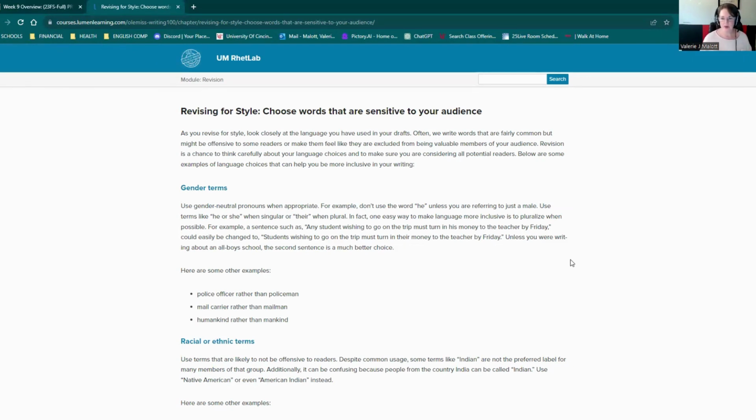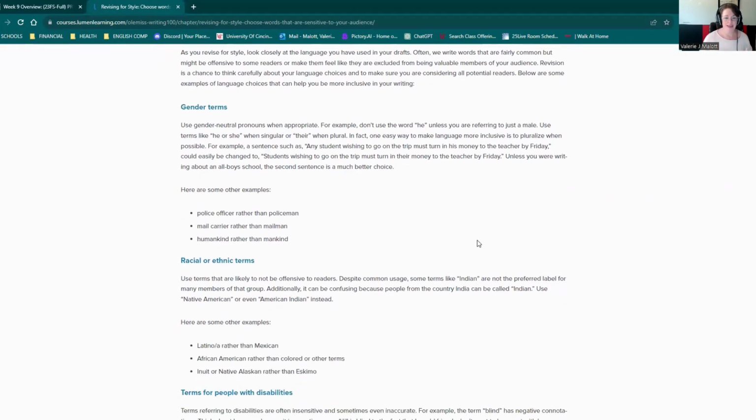So that's an easy way to make language more inclusive. Some other examples might be things like police officer rather than policeman, mail carrier rather than mailman, humankind rather than mankind, people rather than men and women, right? Just people instead. Choosing to be a little bit more inclusive, less gender specific, because we know that, especially with